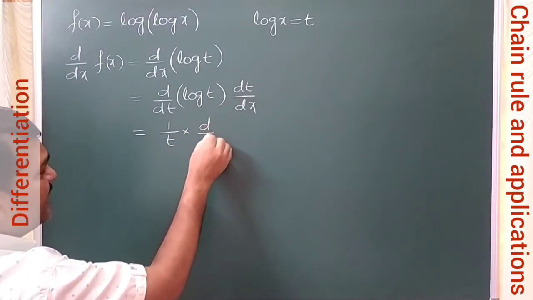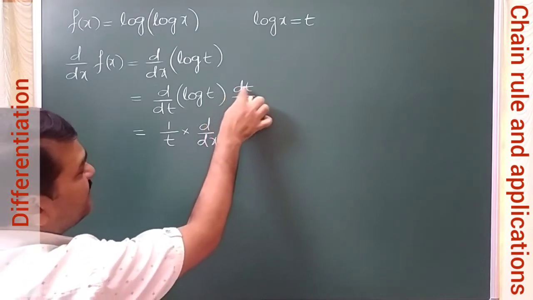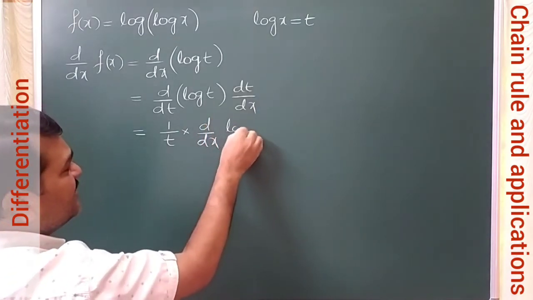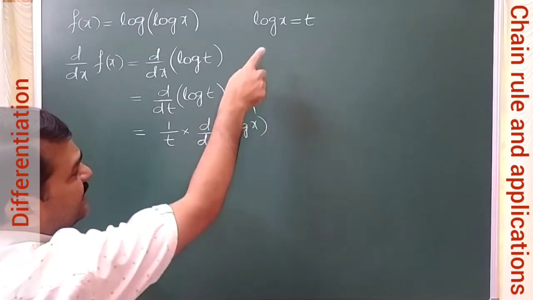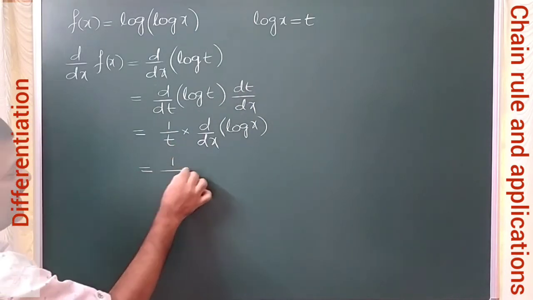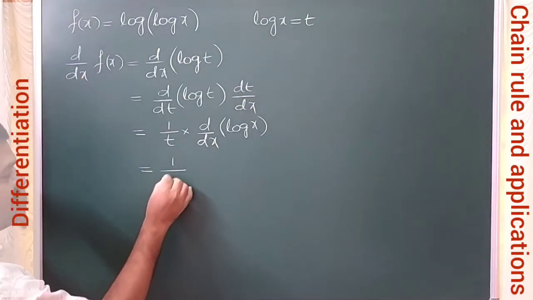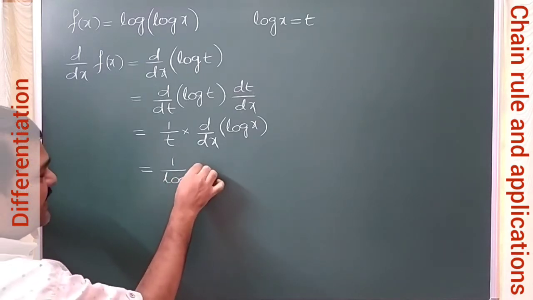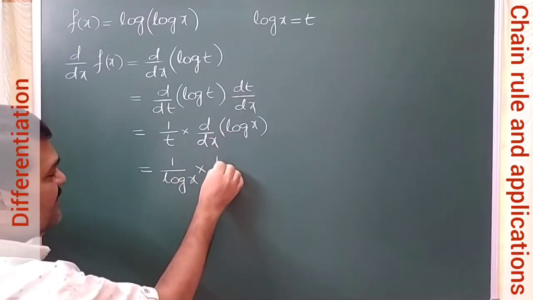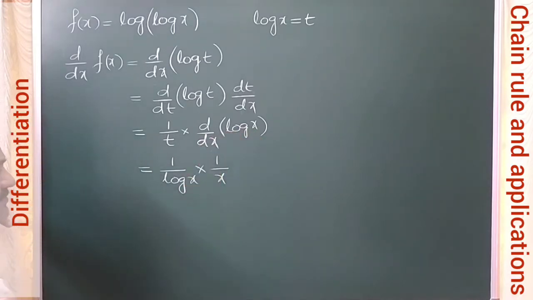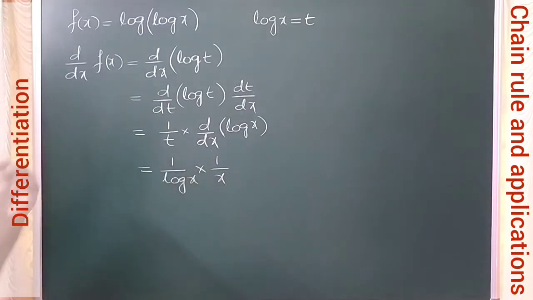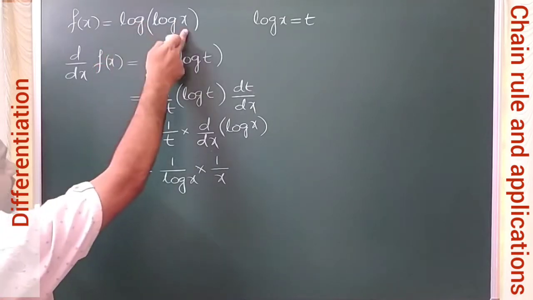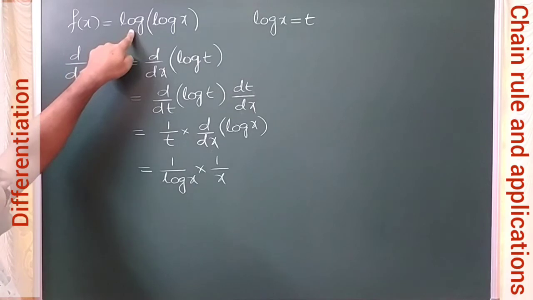That means d by dx of t. t means log x, d by dx of t. t means log x, so 1 by t is actually 1 by log x. And the derivative of log x means 1 by x. This is a direct formula only. This is a standard formula which we can apply. This completes the process. So what we have done here, when you have function of function, apply the derivative for